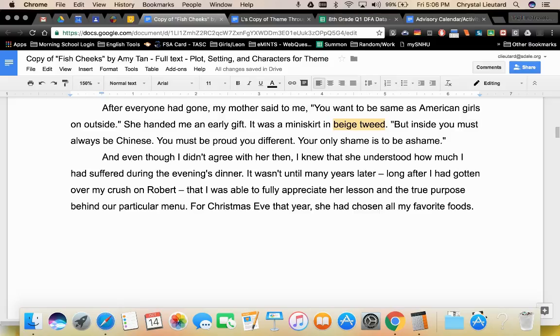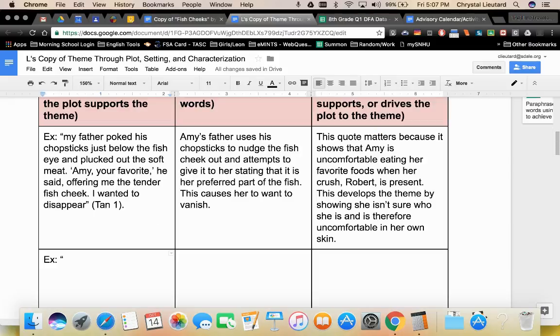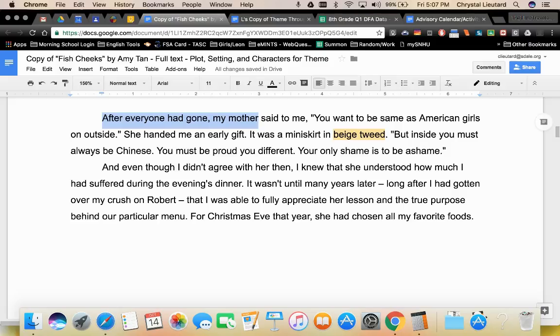So I'm going to pull Amy's mother's words, and I'm going to pull them a little bit at a time. So I'm going to copy this and put it over here, and then put my ellipses, ... to show that I've cut something out of my quote. And then I'm going to pick it back up here,